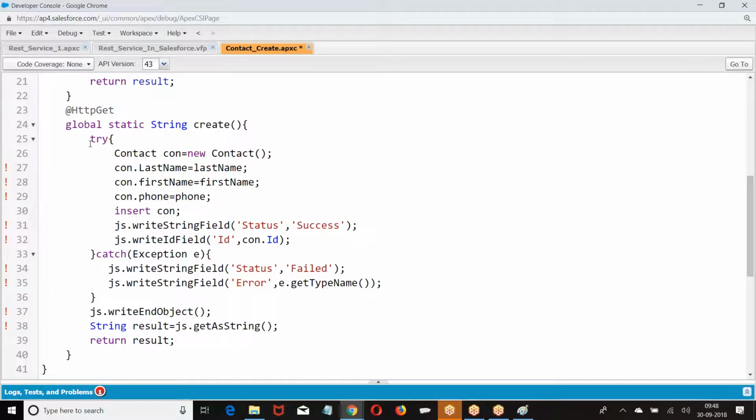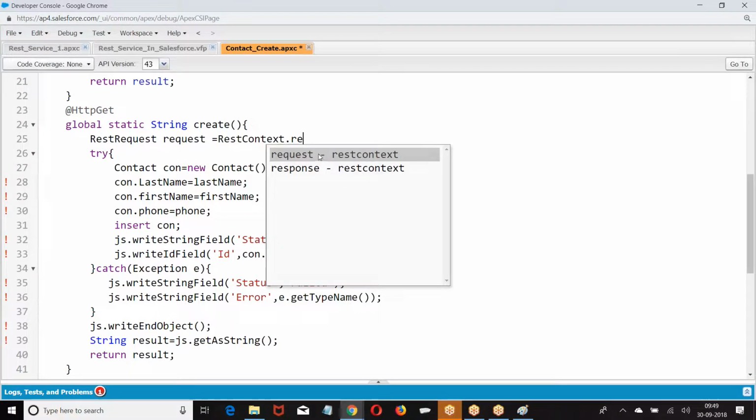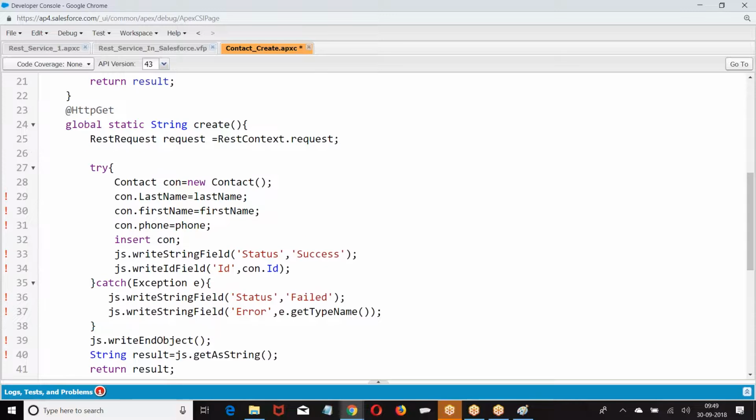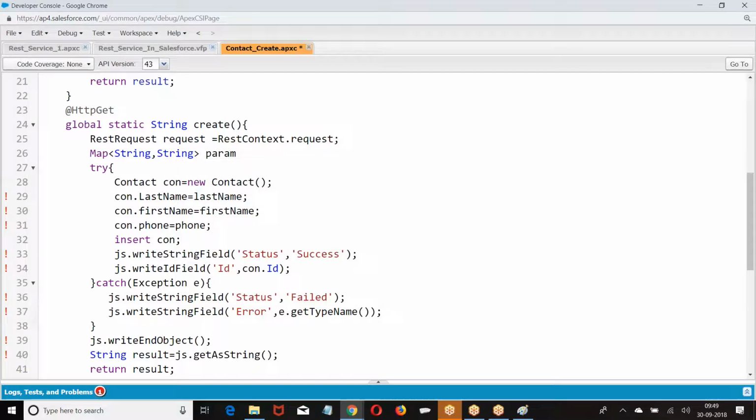Creation of account will not change, creation of contact will not change. Then what I'm going to do? I'm taking REST request equal to, from the REST context, the request message we received. From this message, what do we have? Request dot